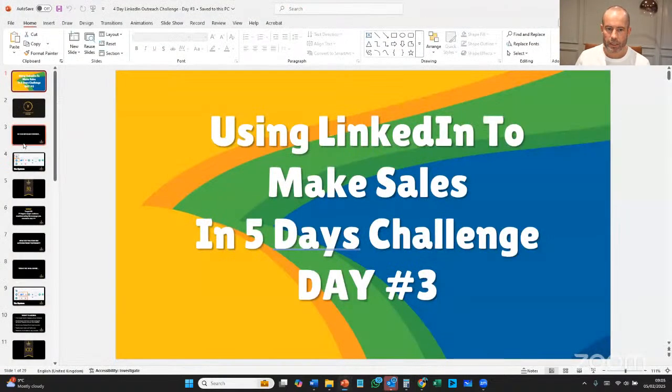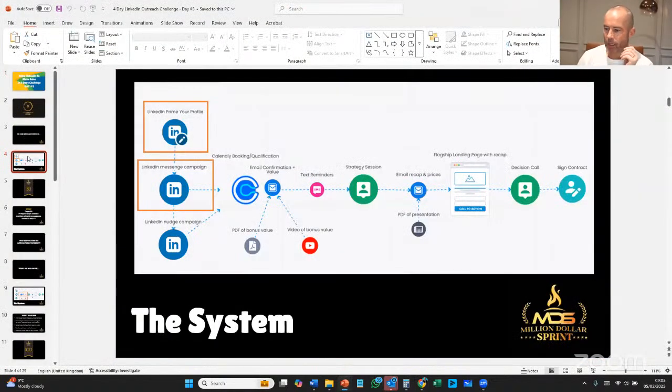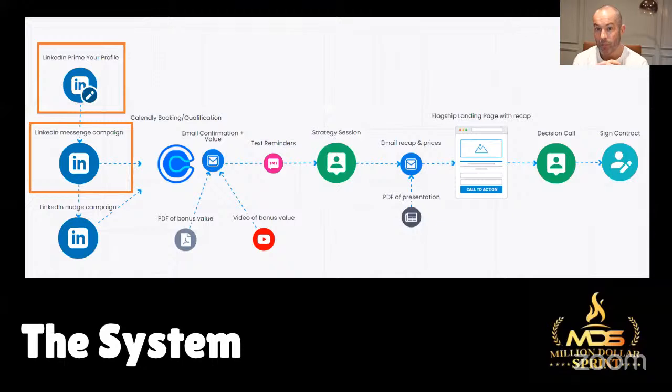Well, let's just give you an idea of what we're building here. So this is the end-to-end system of what we're building over the first few days. So day one was all about priming your profile, so getting your header right, knowing who we're trying to target when we're spending time on LinkedIn, and also crafting an outreach message, a bit of a straight to the point message. Day two was then all about taking that message and hitting what we call the 80 messages a day, the 80 club. And so sending 80 DMs to your first degree connections in the day.